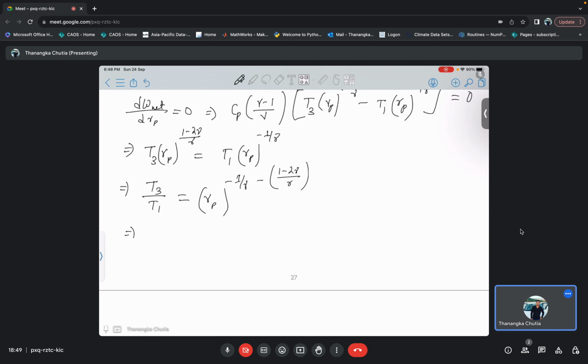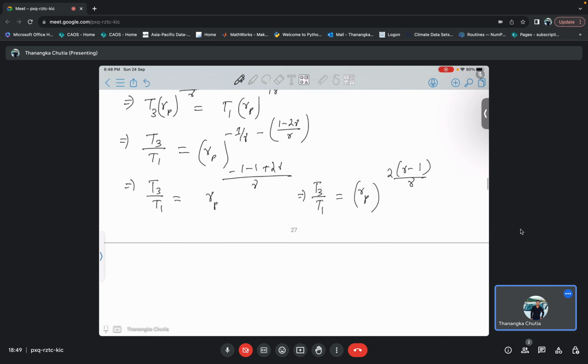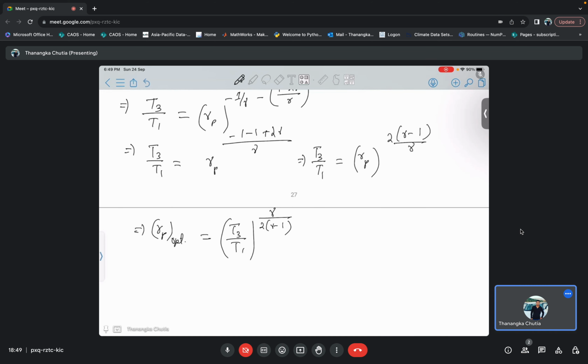Clear? So from here, T3 by T1 is equal to Rp to the power gamma minus 1 plus 2 gamma. That means T3 by T1 is equal to Rp to the power 2 into gamma minus 1 divided by gamma. So Rp optimum is nothing but T3 by T1 to the power gamma by 2 into gamma minus 1. This is the case when there is no isentropic efficiency. This is the expression